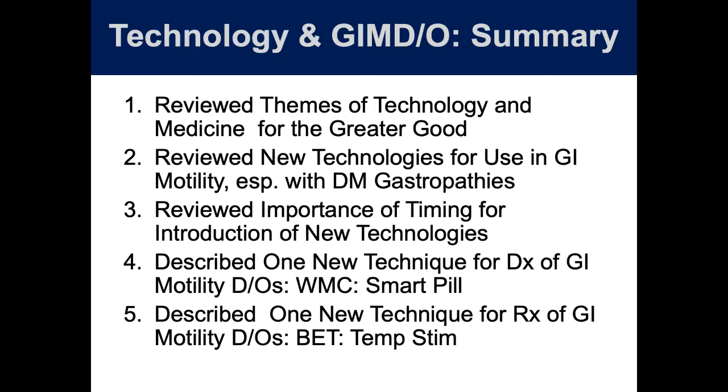Reviewed the importance of timing for introduction of new technologies, and I think we're at the cusp of a great time, as I've learned about some of the newer glucose sensing technologies that patients can get, and the fact they become more affordable. I have more and more people that I know are using them. I've described one new technique for diagnosis of GI motility disorders, the smart pill, but there's a whole group of others, and one new technique for therapy, temporal stimulator. But again, we hope there's going to be a lot more